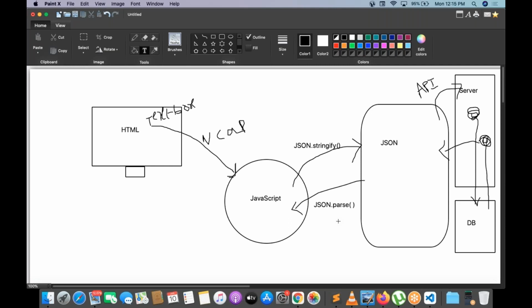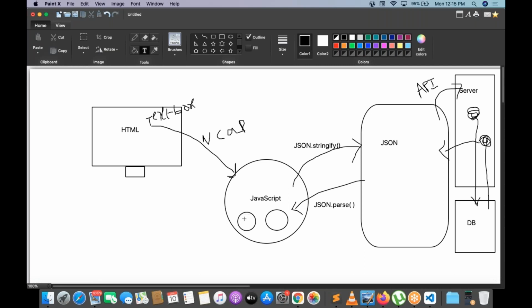And again parsing is done. Now your JSON is converted to JavaScript. JavaScript has two types of collections: one is the object, one is the array. Today I started with these two things. Why did I start with JavaScript object and JavaScript array in the class? You need to understand the importance of the JavaScript object and the JavaScript array.